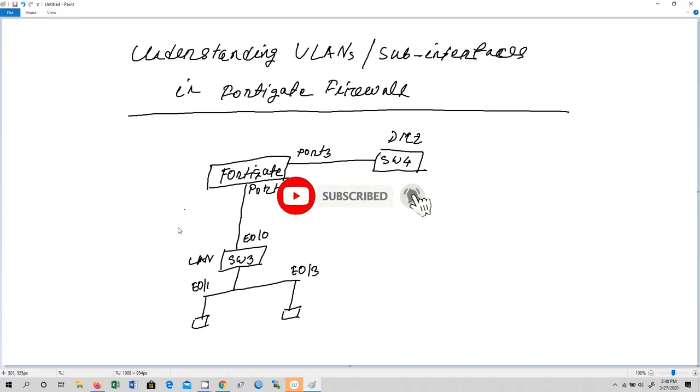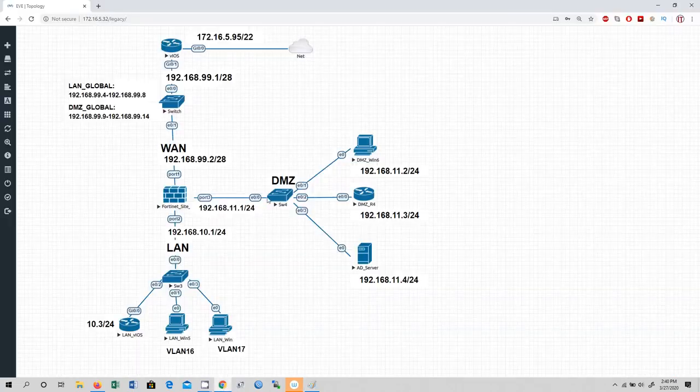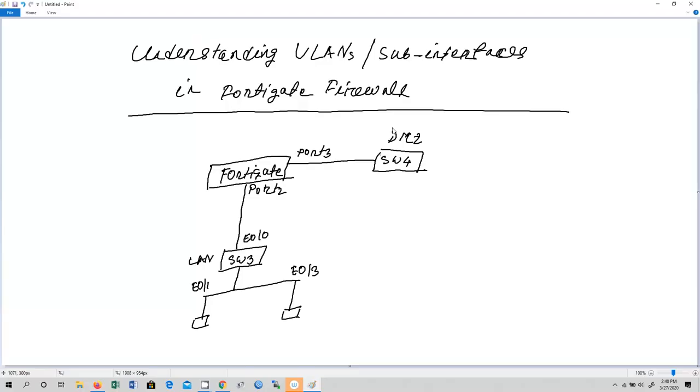For the DMZ zone network, we have DMZ Ethernet 0/0 as well, which is connected to port 3 of the FortiGate firewall. We have DMZ Win6 and AD server, and we are going to discuss these two computers. They are connected to the DMZ switch on Ethernet 0/1 and Ethernet 0/3.